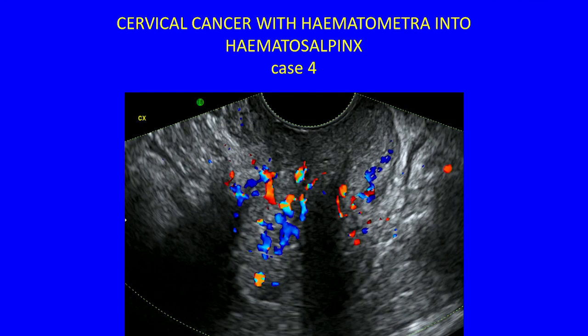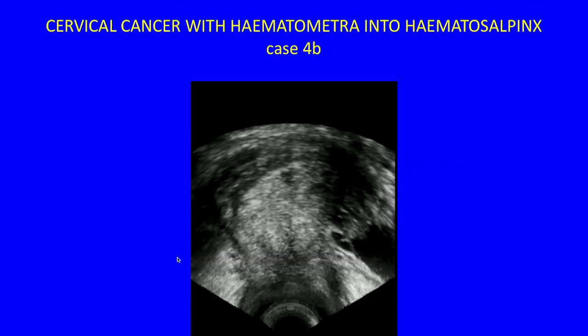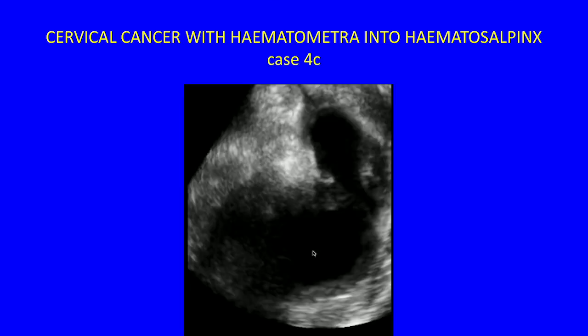Here's another, an older lady who had Peutz-Jeghers syndrome, and she developed adenoma malignum and adenocarcinoma in the cervix here. Again, look at that vascularity in an otherwise bit irregular area in her cervix, not that you go, oh wow. It was just a bit irregular, but with very strong vascularity. And she also had some pelvic pain. And this is just the rendered view of her cervix, this tumour in her cervix. But going up,